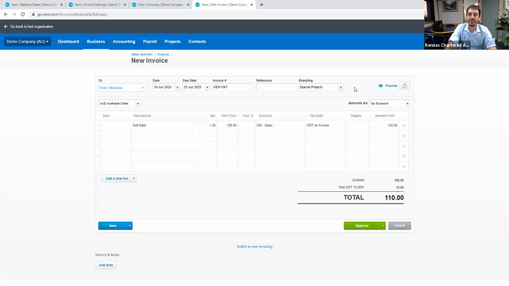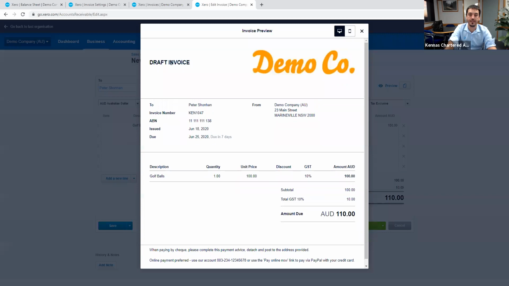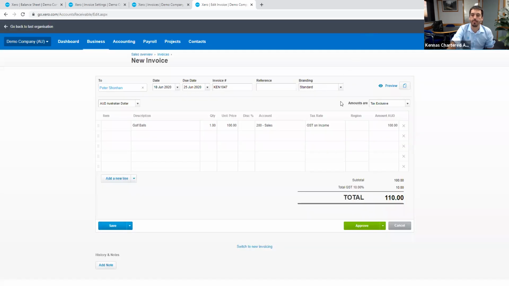If I change my branding, obviously we're a demo company, so it's pretty poor, but if I change it to standard, it comes up with draft invoice for demo code. So you get the drift. We can have different logos for different brandings if we want to do it that way as well. Once I hit approve,